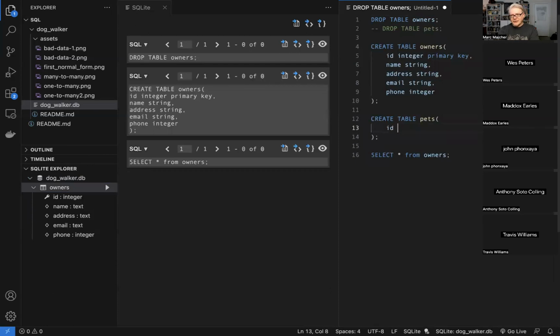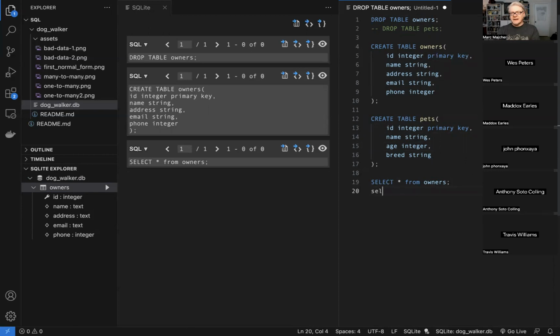We're going to need an integer. That's our primary key. We're going to need a name. That's a string. Age. That's an integer. We're going to need a breed. It's a string. Yeah, we'll start there.